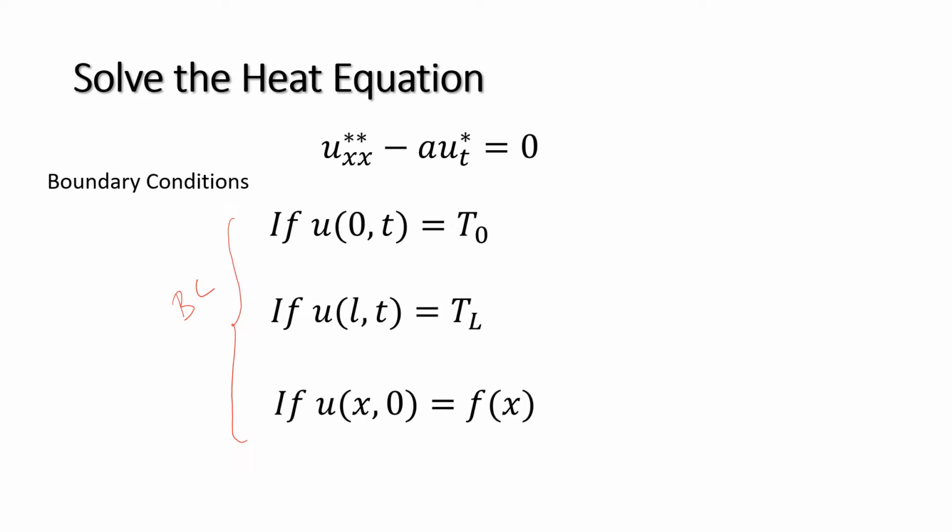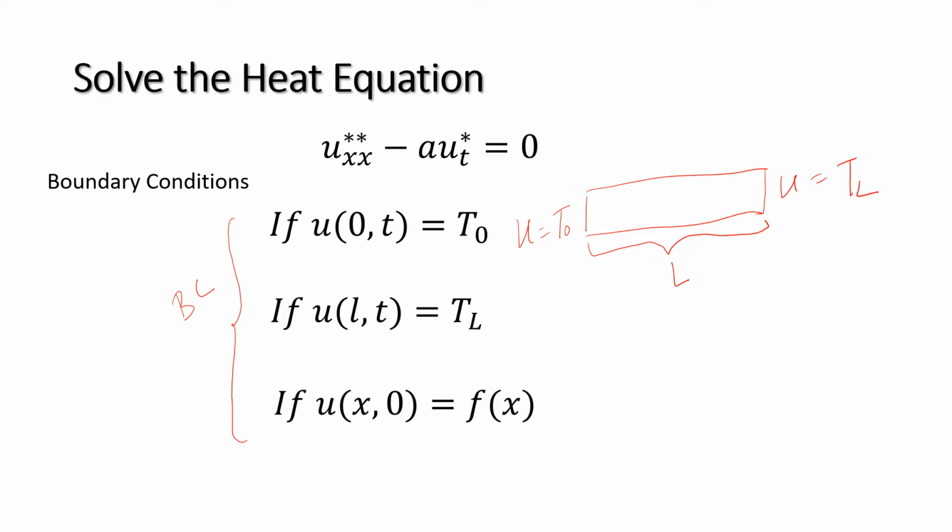This states that at x is equal to 0 and time is equal to t, temperature is T0. That means if this is the rod, then this is at T0, that means here the U is T0, and here the U is T1. This is the boundary condition. If the length of the rod is L,